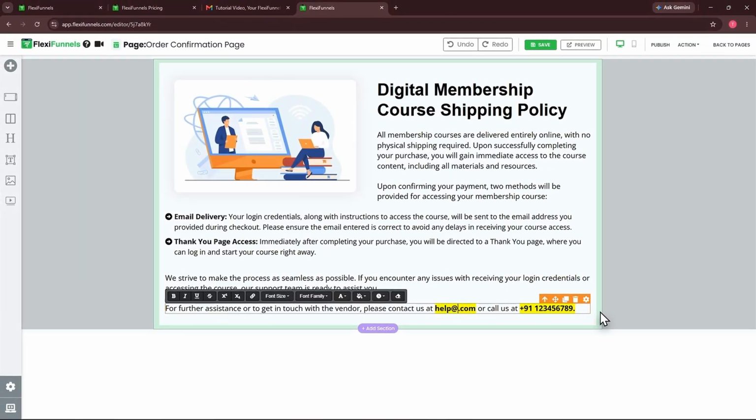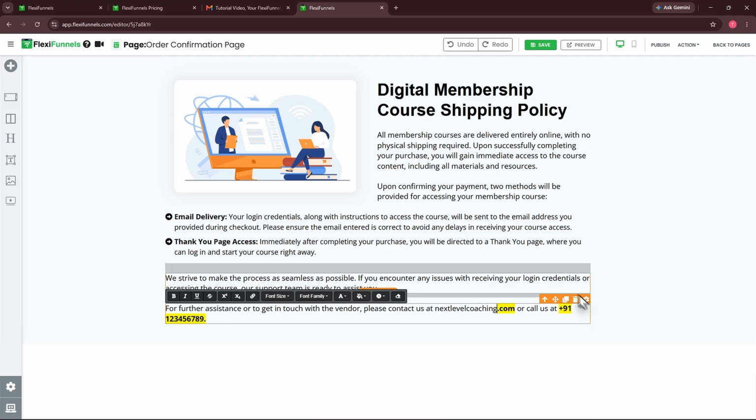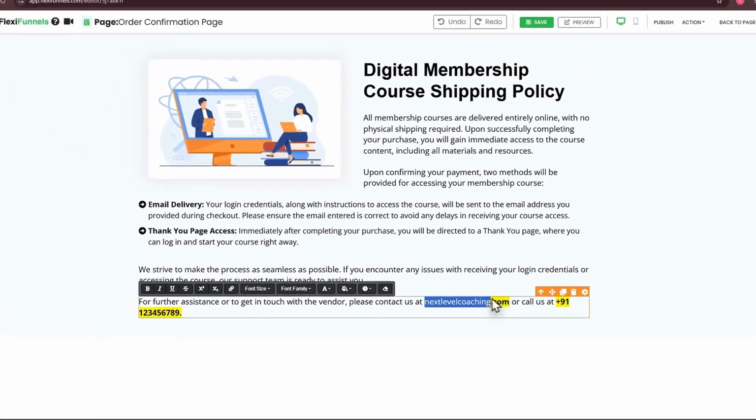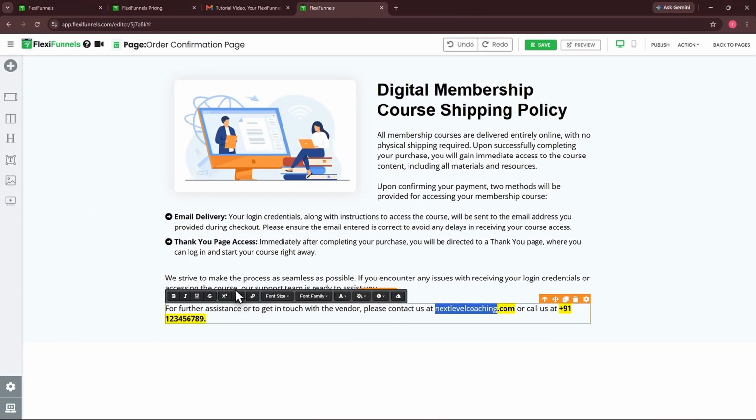You can edit the text, adjust the styling, change colors, add images, and make other modifications based on your preferences and branding. First, select the block you've added to the page. From here, you can edit all the content and customize it based on your own brand and preferences. For example, you can change the website name, update the text, and modify any information displayed in this section. Feel free to personalize everything to match your business.